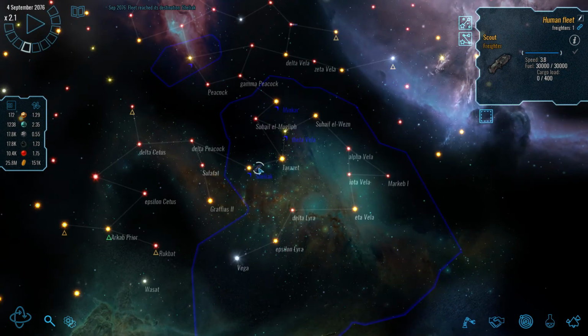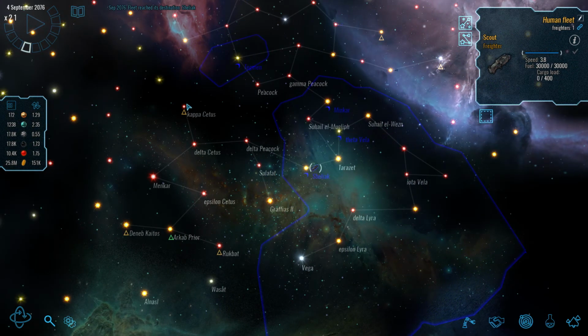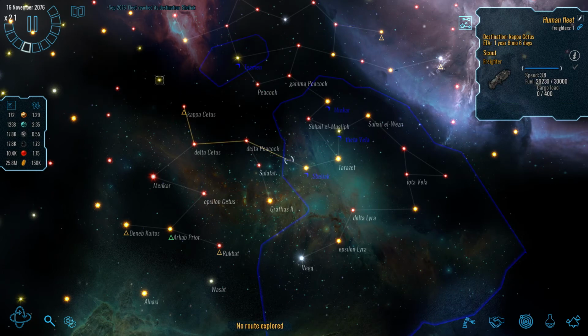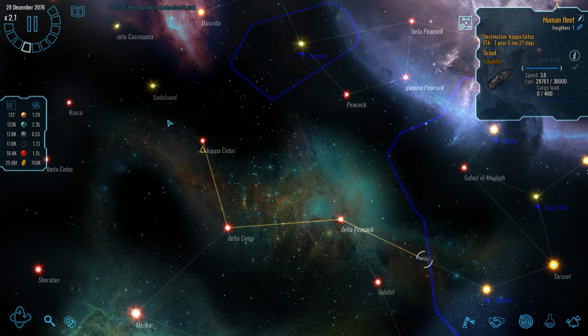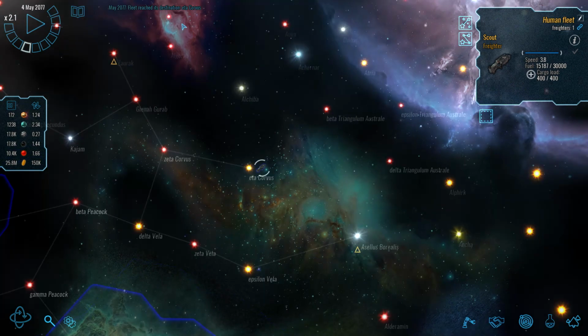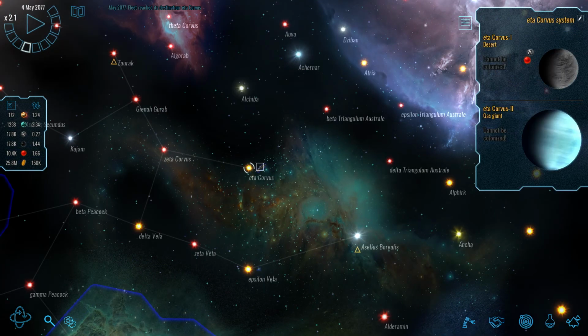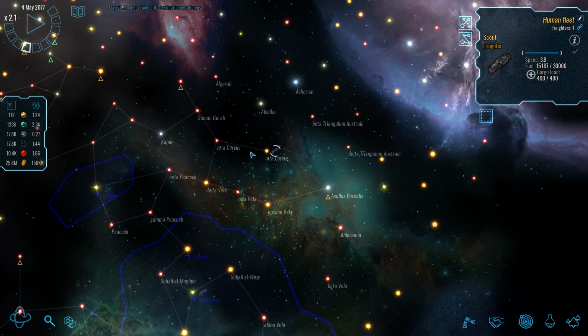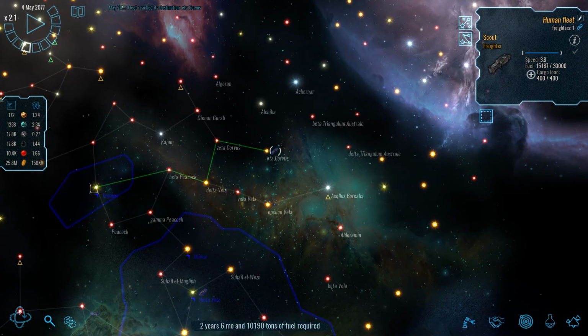So we've got our scout back. Let's then go up to Kappa and see whether that is a dead end, or whether it does link up to Sada Lunds. Well, I really don't know how to pronounce that. Sadla Sud. Eta Corvus explored, which is a dead end. Let us get back